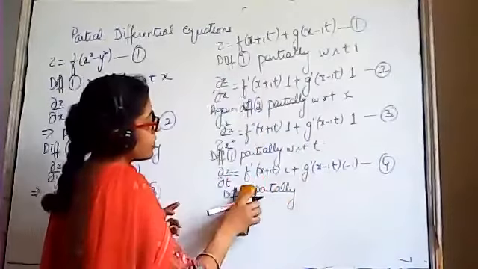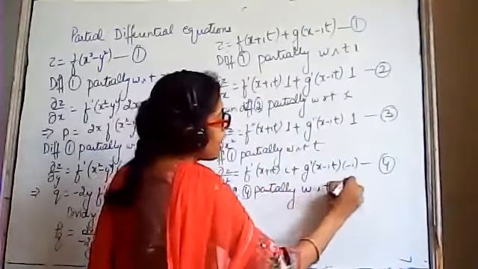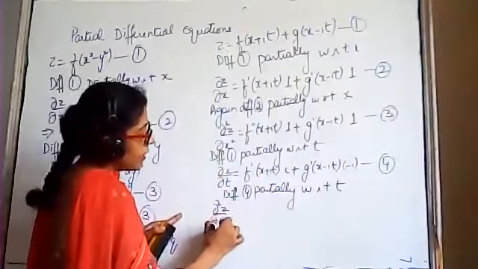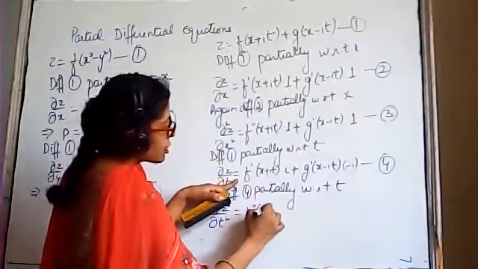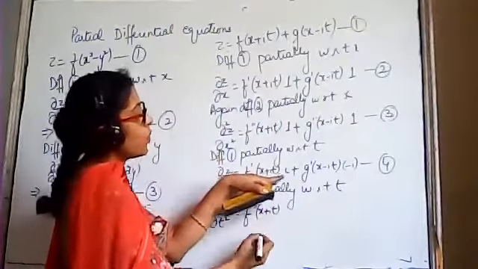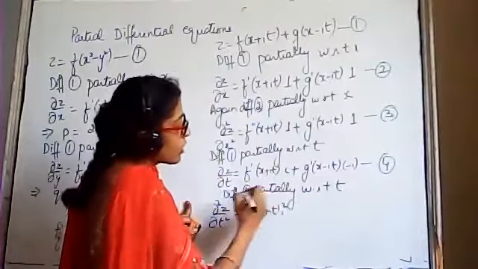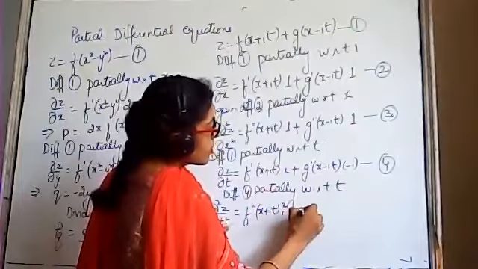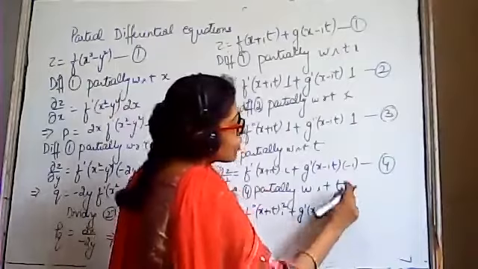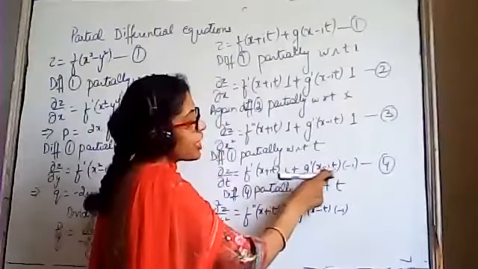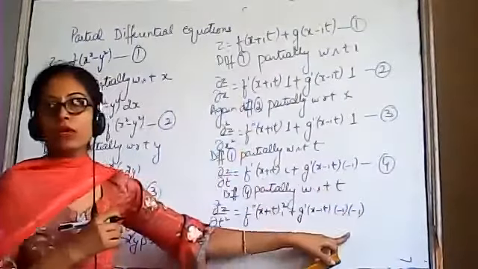And again, differentiate equation number 4 partially with respect to t, as we need curly square z upon curly t square. F dash will be changed into f double dash x plus iota t. One iota is already there; again, we will have one more iota. It will become iota square plus g dash x minus iota t. One minus iota is already there; again, we differentiate with respect to t and get one more minus iota.